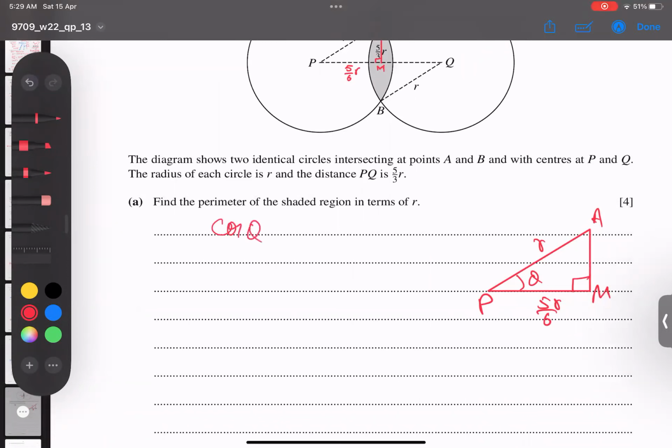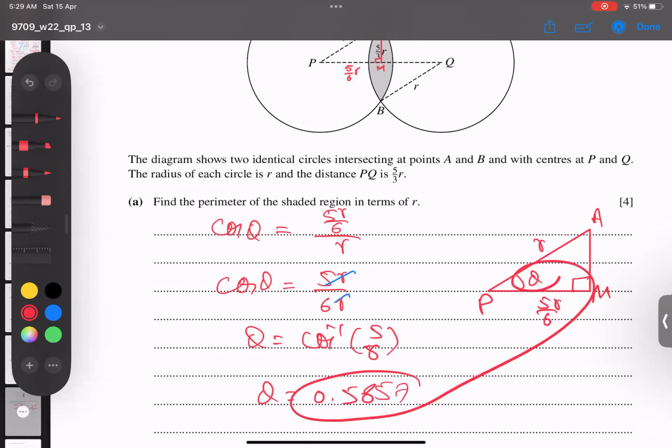So cos theta equals 5R/6 by R, and R cancels out, so theta equals cos inverse of 5/6. Make sure, students, don't forget, we have to convert our calculator to radian mode. And when I take cos inverse 5/6, I get theta equal to